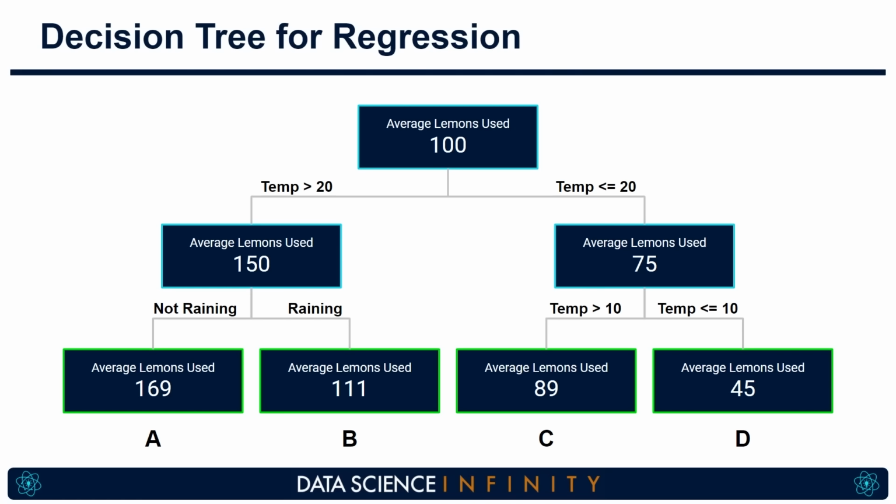So if we were to use this decision tree model, what happens when we need to predict the number of lemons for tomorrow? Well, it's actually quite simple. We would just follow the decision tree path with the information that we have. So if the forecast for tomorrow was for rain with a peak temperature of 27 degrees, then we would follow the rules and find the appropriate leaf node. So the forecast of 27 degrees means that we fall into that left node, which represents anything over 20 degrees. And from there, we'd follow the next split into the node that represents days where it is raining. Our prediction is gained from that leaf node and would be that we will need 111 lemons.